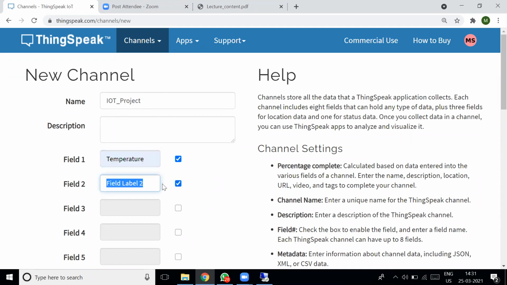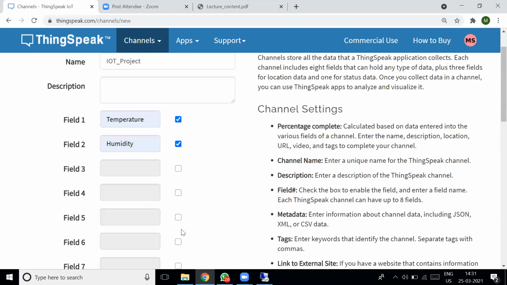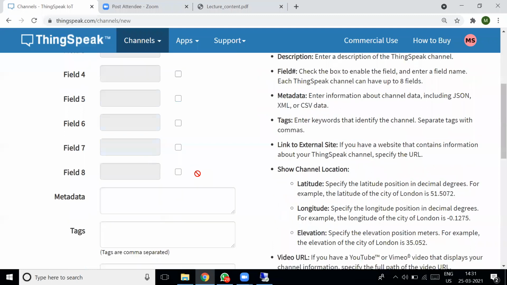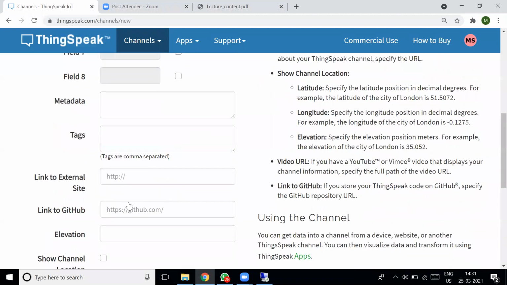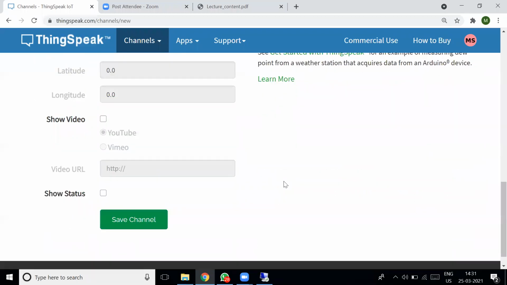Then tick here. The second field is for humidity. Suppose you have more than two sensors whose data you want to store, you can just add more fields. We have only two, and then press save channel.